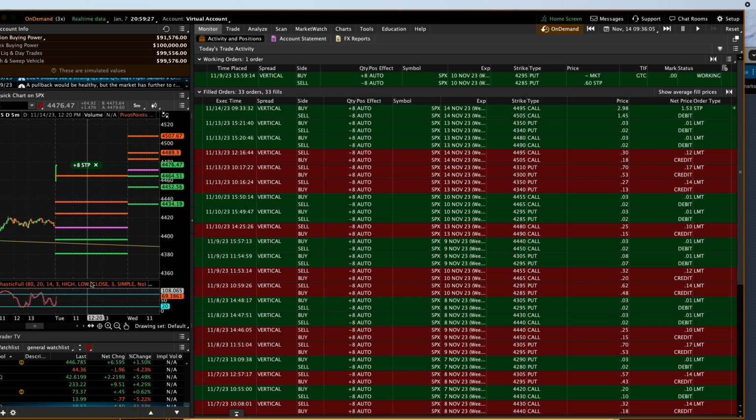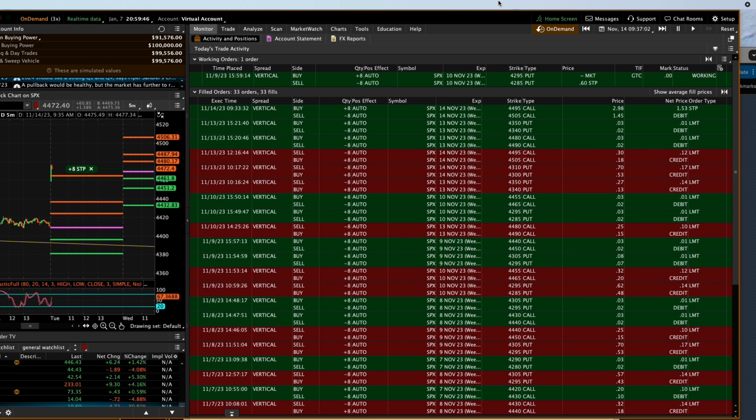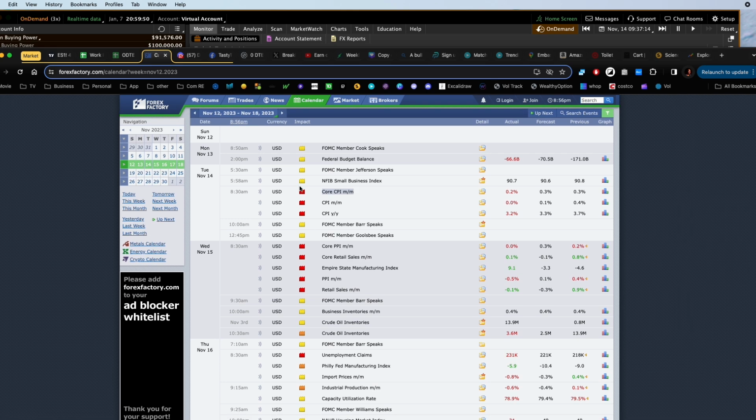But like I said, you see it live, right? You see it right here. You really don't have to worry about overnight unless you've got the Fed to worry about or CPI, at least right now. Sometimes it might be oil, it might be, I don't know, whatever. But that economic calendar is definitely your friend as far as figuring out what to avoid. No way I would have traded this.